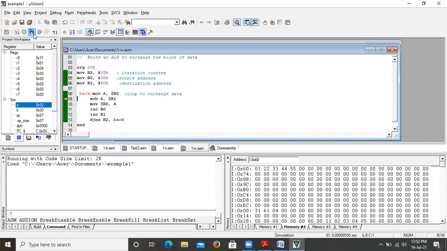Okay. Next, second value is loaded into accumulator, exchange. So go on observing here 60 location 0, 1, 2. The value is getting exchanged. So similarly, after all the iterations, 60H will have 0, 1, 2, 3, 4, 5. Okay. Observe here the values in 60H are 0, 1, 2, 3, 4, 5.